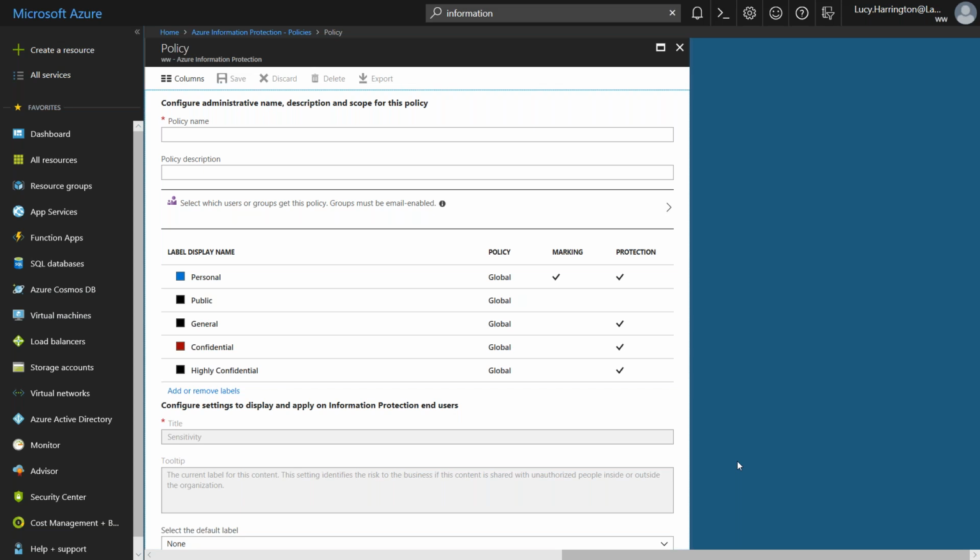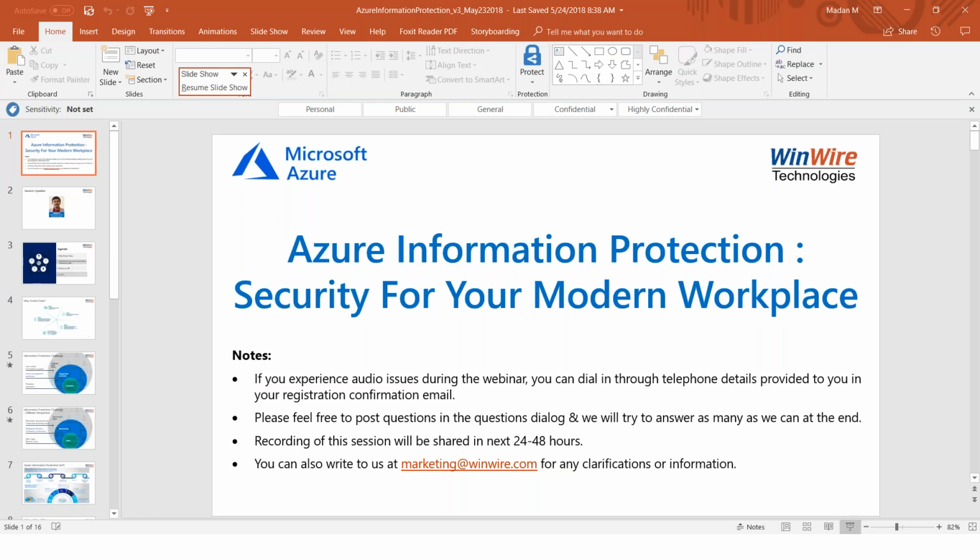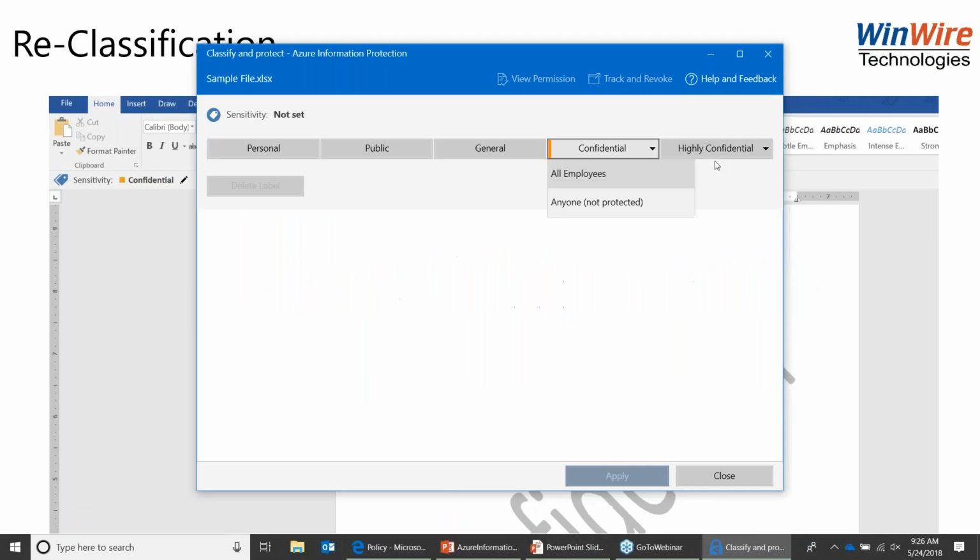And how do I apply policies? Let's say if I'm not uploading to SharePoint, I'm just going to send an email. There are multiple ways you can do it. There is the Azure Information Protection client. So you would see an option once you install that, called Classify and Protect. So as soon as I'm done with the document, I just start saying, okay, I classify this document as personal or maybe confidential or highly confidential, right? So that I can do it.